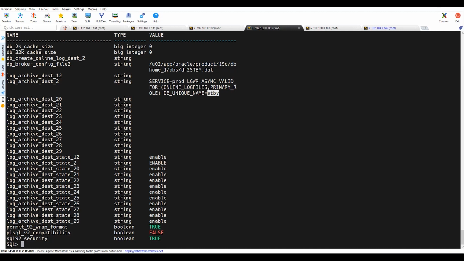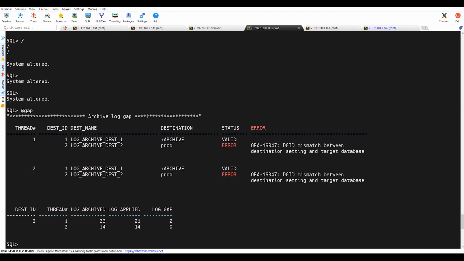This DB unique name is wrongly mentioned. Let me modify it.